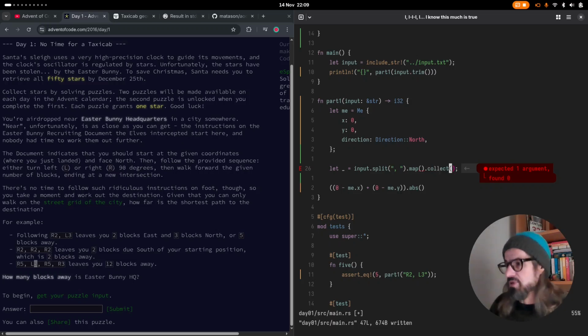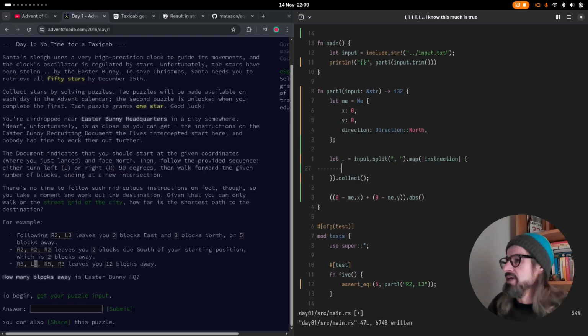So map, well, we need a closure, so call it instruction, and then